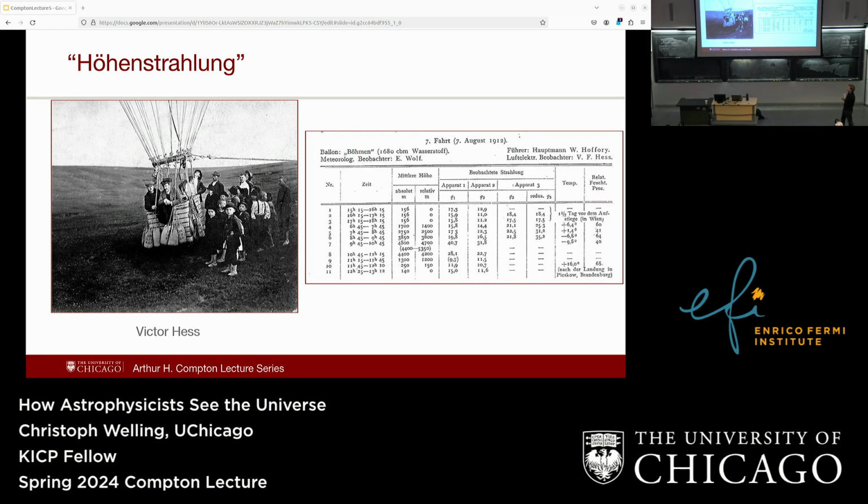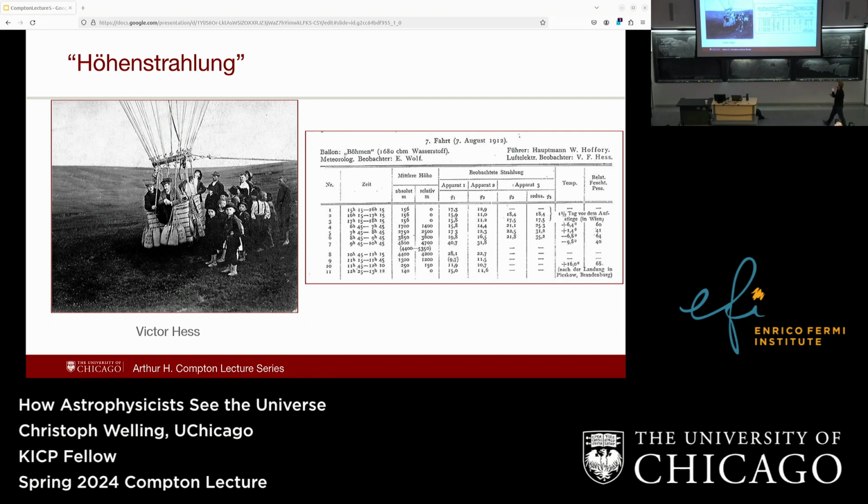And so what Victor Hess did was, the idea was, we have all these rocks that are radioactive, and they're pretty much on the ground. So if we move further and further away from the ground, we should see less of this radiation. And people started climbing on whatever high buildings they had available at the time. And actually, the radiation decreased a little bit. But Victor Hess decided, well, I can do one better and just get into a balloon.